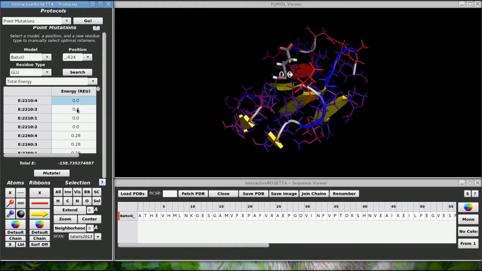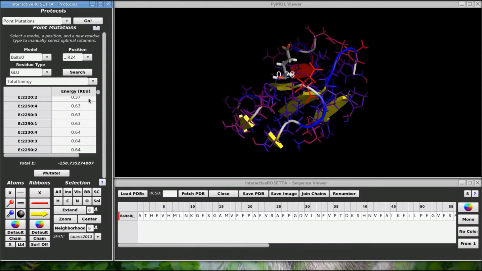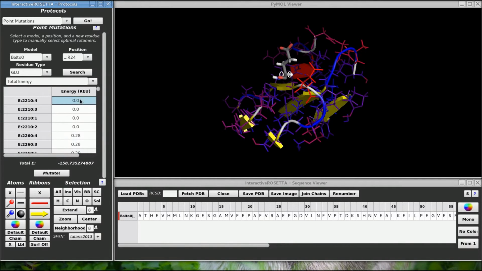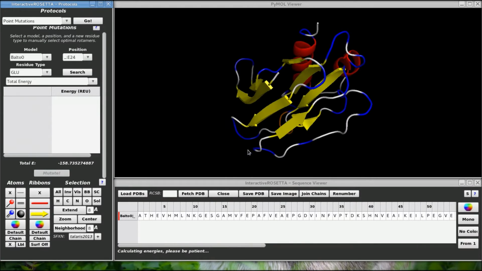The rotamer at the top is the best rotamer seen by Rosetta, and everything underneath it gets increasingly worse. You can click on this grid to view different rotamers. Over in the PyMol window you can see the rotamer change as I click on different elements in the grid. When you have found a suitable rotamer, click the Mutate button to actually make the mutation and update the sequence